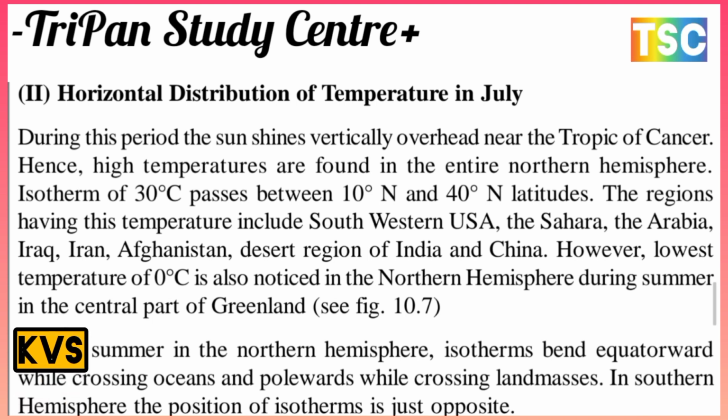The regions having this temperature include southwestern USA, the Sahara, Arabia, and Iraq, Iran and the Afghanistan desert region of India and China. However, the lowest temperature of 0 Celsius is also noticed in the northern hemisphere during summer in the central part of Greenland. And during summer in the northern hemisphere, isothermals bend to the equator ward